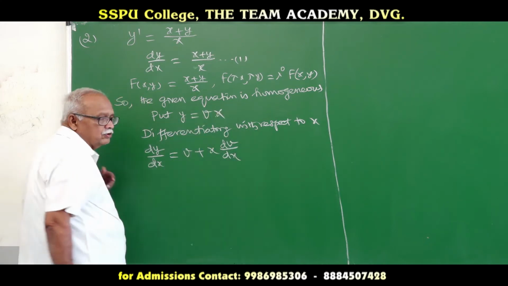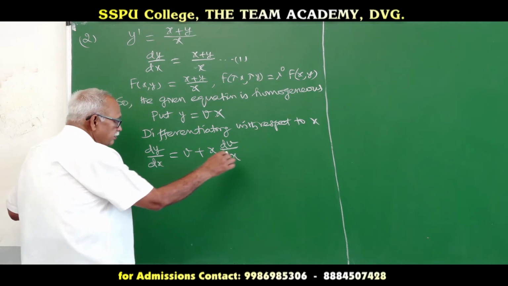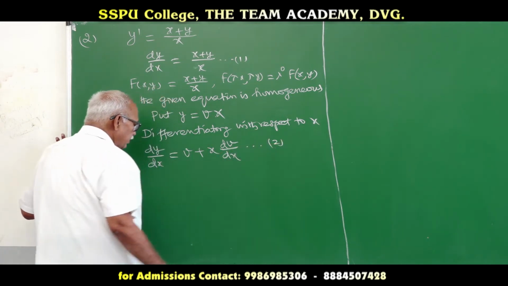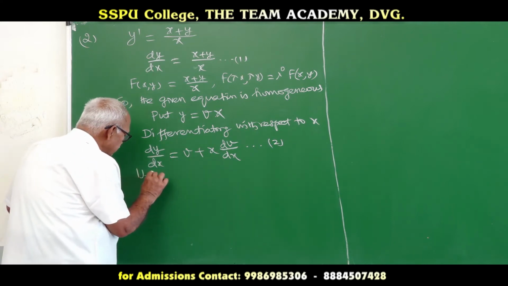We have to apply the product rule for v and x. First function is v, second function is x. So the differentiation becomes like this. Second equation we get dy by dx is equal to v plus x dv by dx. Using this in